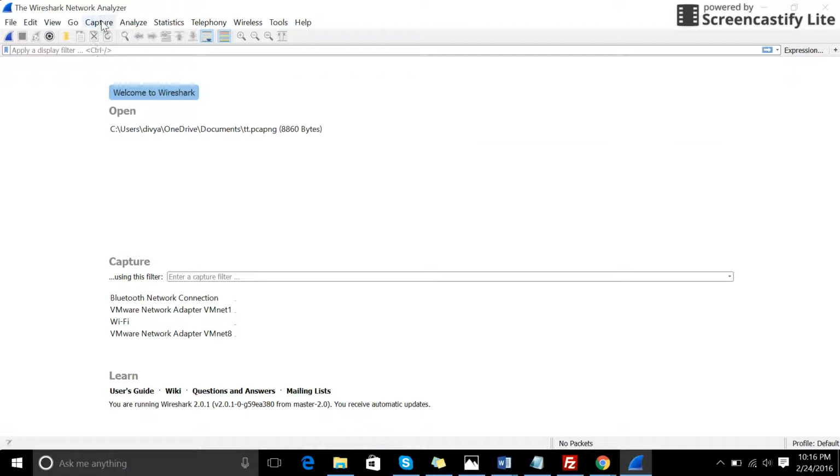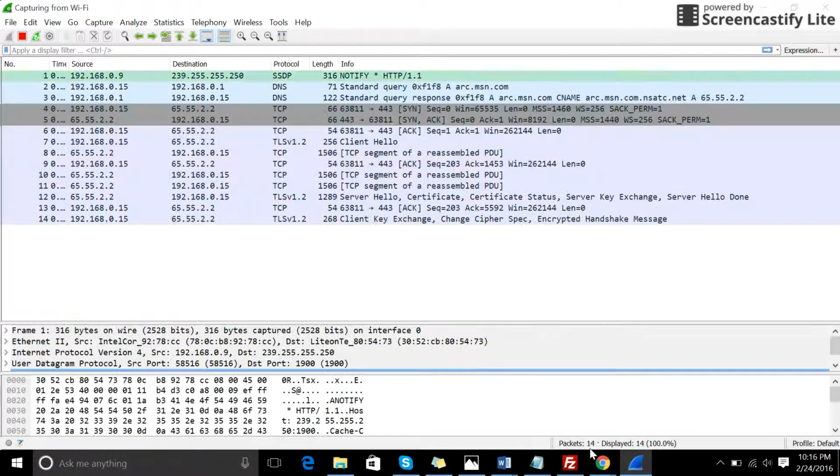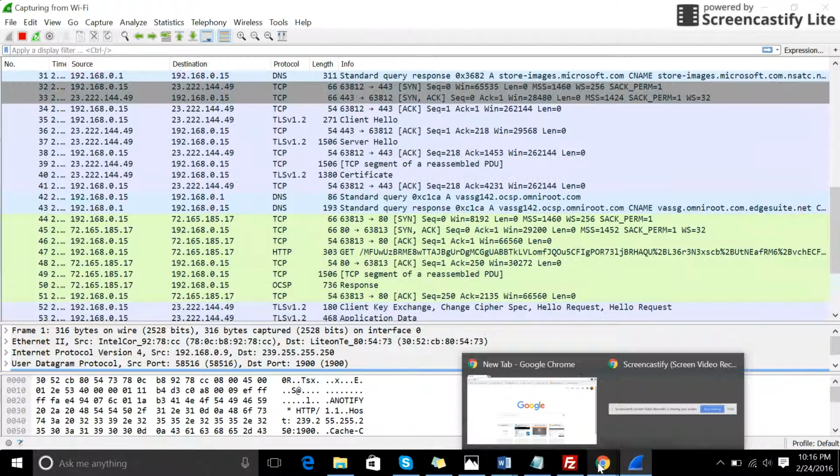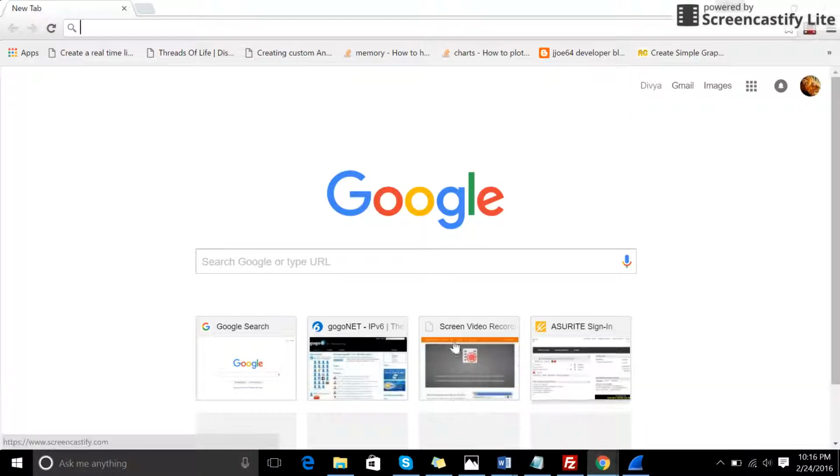This is Wireshark. Go to capture, options, click on Wi-Fi and start. The packets are being captured. The color of these packets varies with the protocol. Now let's go